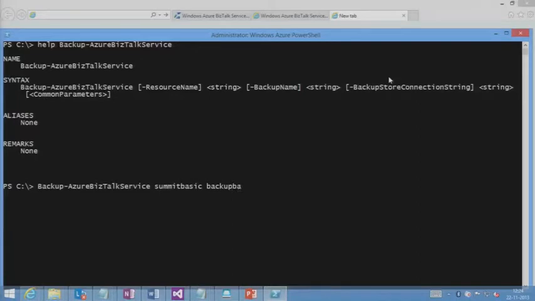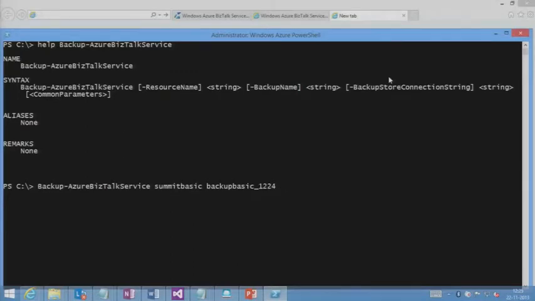So while you're creating the backup, I'm taking a backup of Summit. Basic is the deployment name, the service name that I've created. I need to provide a backup name so that I could create multiple such backups, maybe on a daily basis, and I want to restore this particular version of the backup. Think of it as a unique identifier that marks that particular backup. So I'm going to call it backup of basic